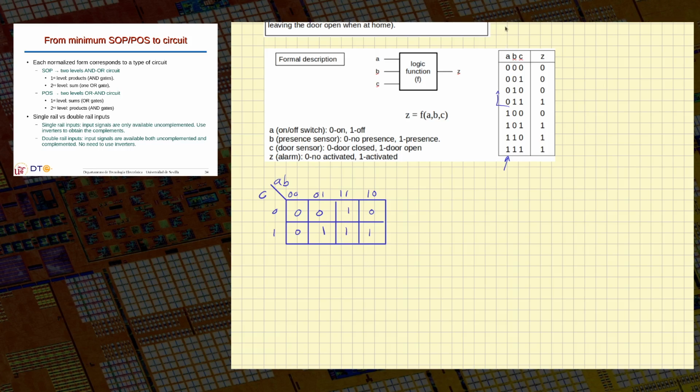Okay. So to minimize that, we start finding my prime implicants. It's very easy in this case. This will be a prime implicant. This will be another prime implicant. This would be another prime implicant. Using the ones, the min terms. Okay. So we have an expression for my function